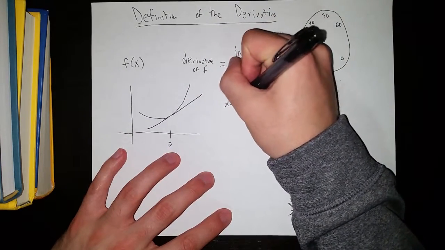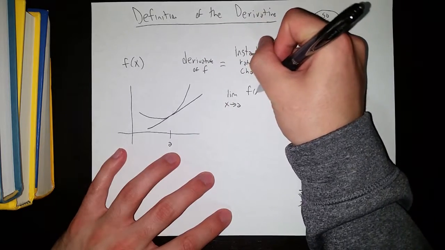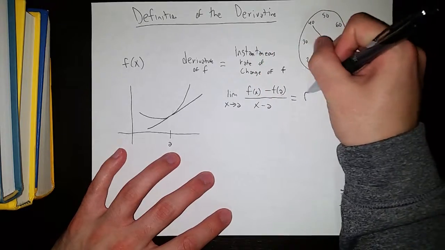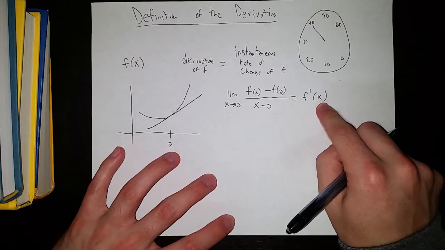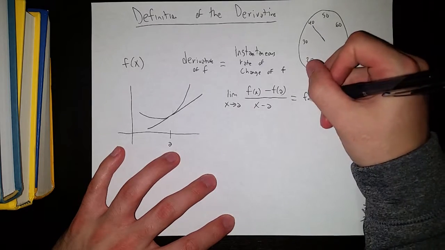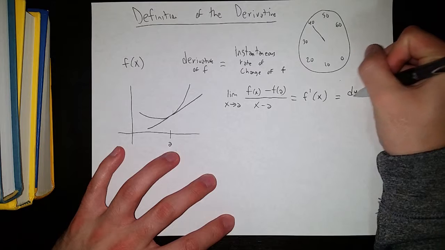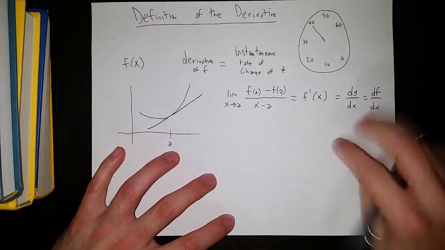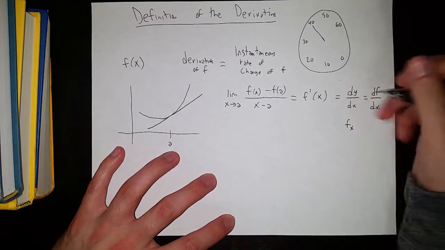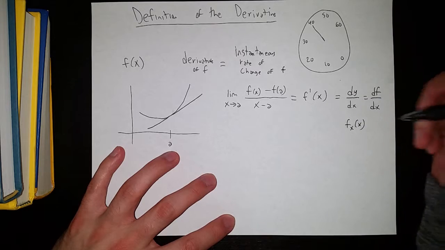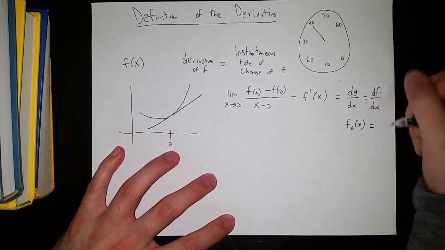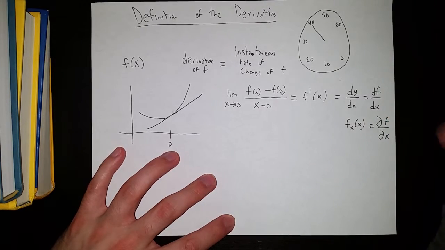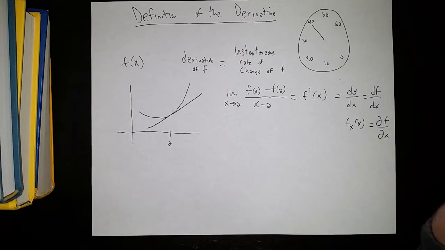So the definition of the derivative is the limit as x approaches a of f of x minus f of a over x minus a. That is the derivative of x. The derivative of x is given by f prime of x, given by dy dx, given by df dx. There's a lot of different ways. You can even go f sub x of x. And in multivariable calculus, people use the partial of f over x, but we'll get into that a lot later. So anyways,